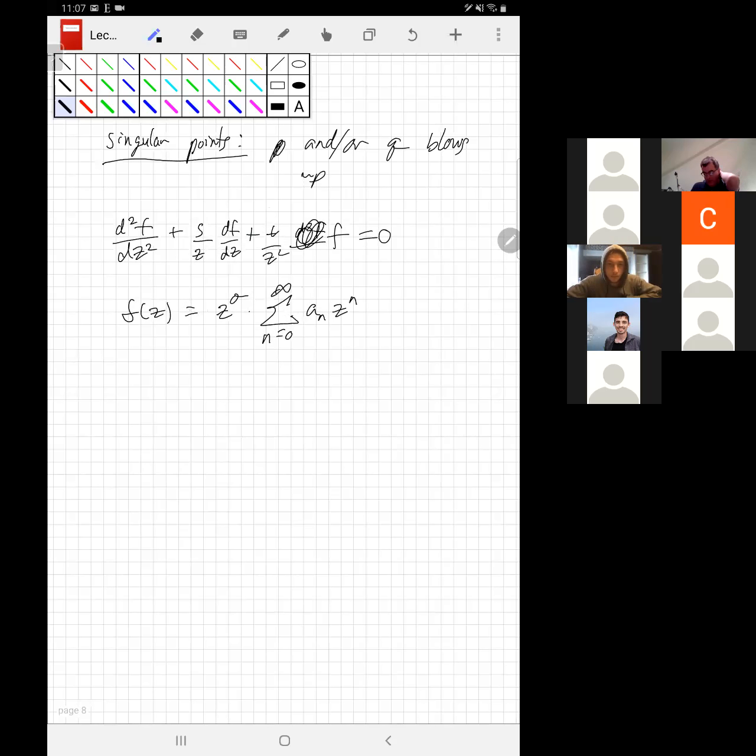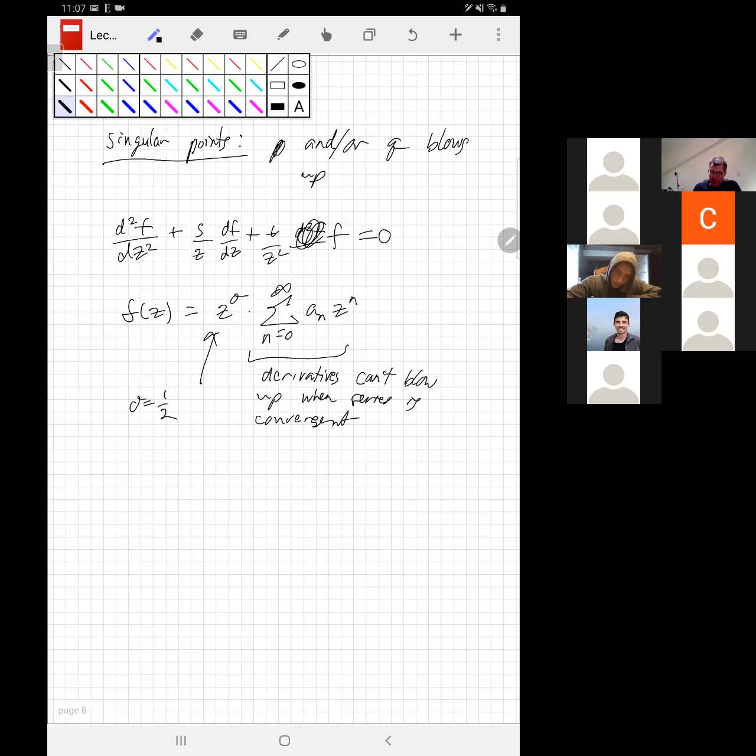And one thing you could ask is, wait, I'm multiplying by some power of z. Isn't that just another power series? Here's the big difference. A power series that has non-negative integer powers, its derivatives can't blow up when the series is convergent, right? But this thing could cause the derivatives to blow up,